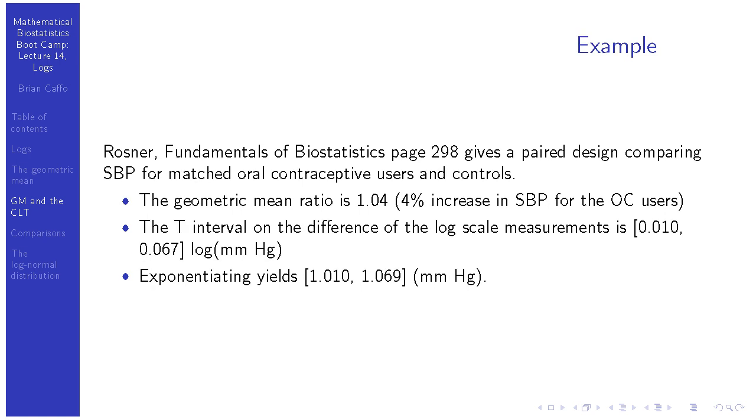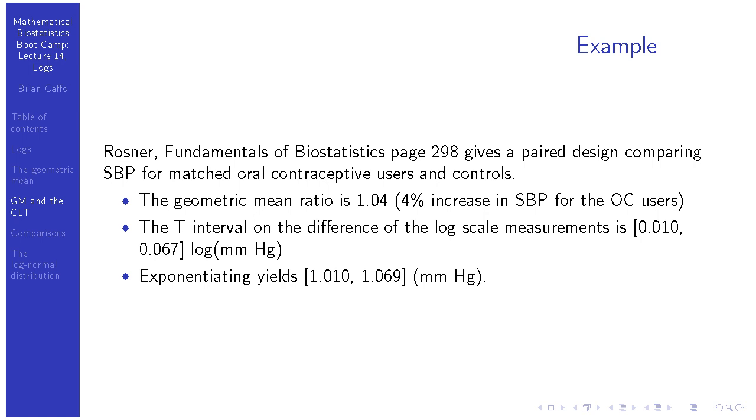And this is especially useful for paired data when their ratio is of interest. So let's just quickly go through an example. Remember, I quoted before this book by Rosner, Fundamentals of Biostatistics, which I like. It's very thorough and covers a huge chunk of biostatistical topics. At any rate, on page 298 of the version that I have, which unfortunately I think was the previous version than the current one,